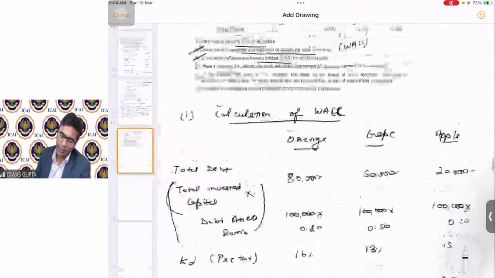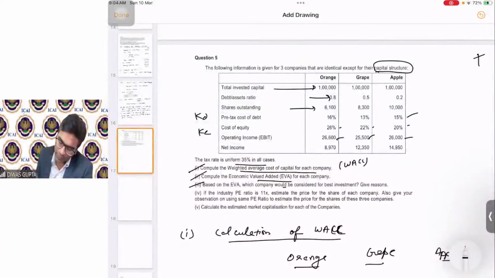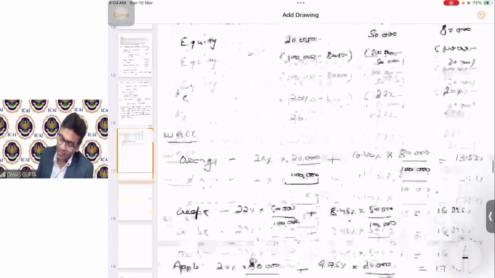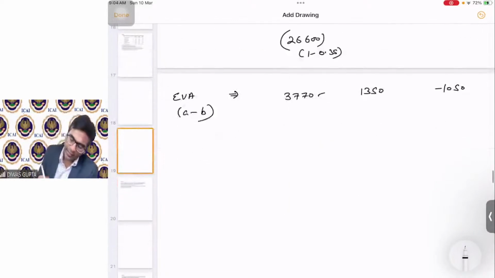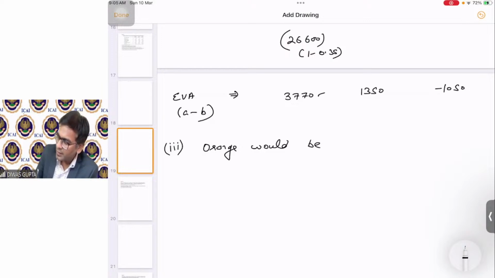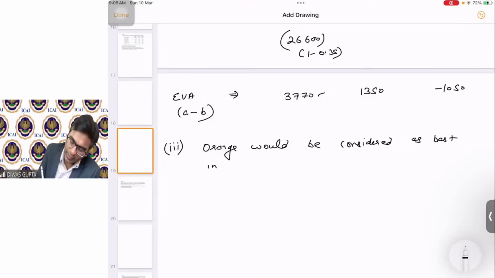Now let's go back and see what is left in the question. Based on the EVA, which company would be considered for the best investments? Give reasons. The best company in which we can invest for the same amount of capital is the one giving us the highest EVA, correct? So definitely we will consider orange as the best investment